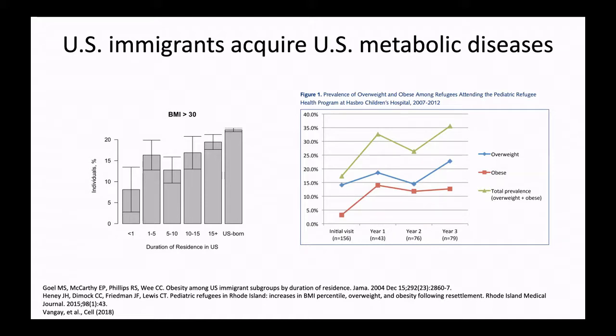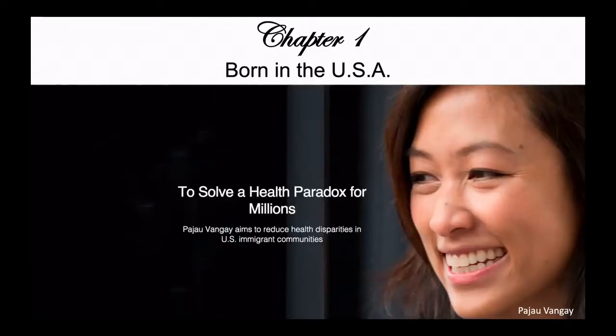So there's something changing in the diet and the environment that's causing this very increased risk when people come to the USA. And the first story that I'm going to tell today is called Chapter 1, Born in the USA. This is a study of what does happen to the microbes when people move from one country to another. We know that the risk of these diseases increases. We know the microbiome is related to those diseases. And we know that the microbiome is something that could be changing very rapidly.